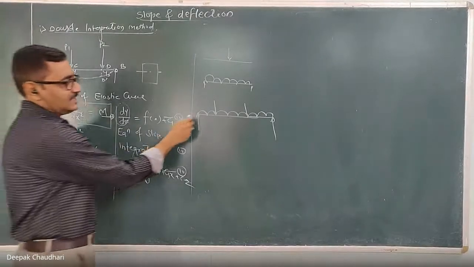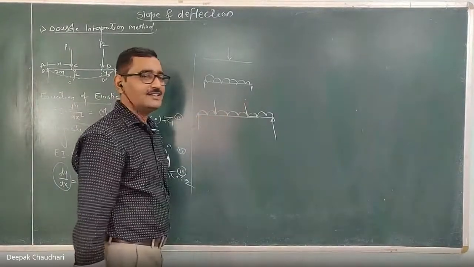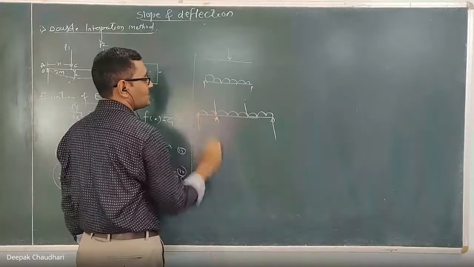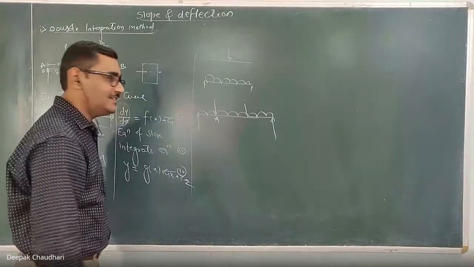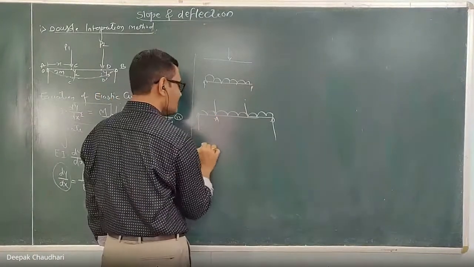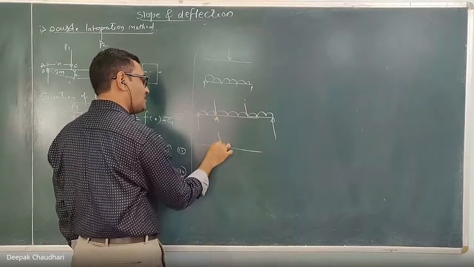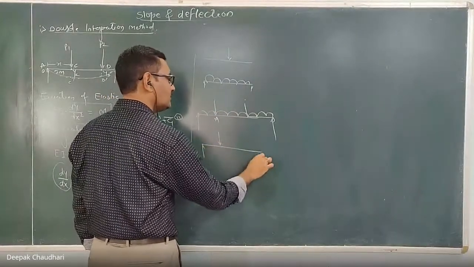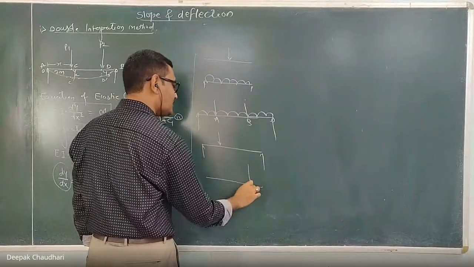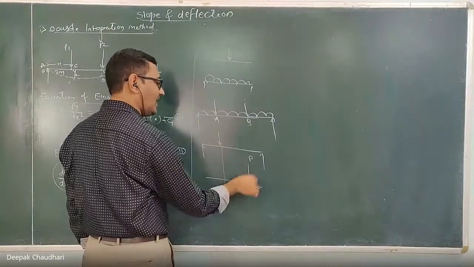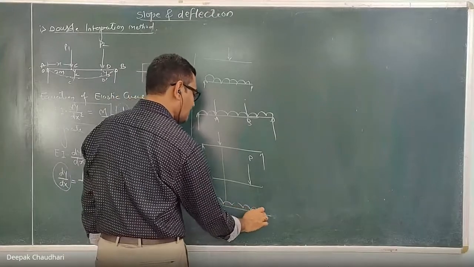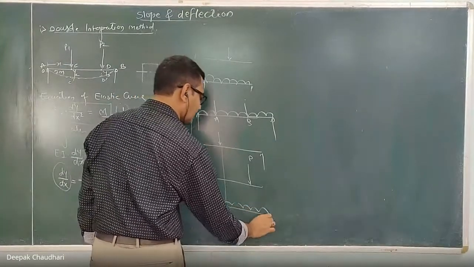In such cases, when two point loads and one UDL are there, if I want to calculate the slope or deflection at point A, then you have to do the same sum 3 times. You have to find the deflection at point A because of the point load at point A. Then you have to find the deflection at point A because of the point load at point B, and then the deflection at point A because of the UDL. Here 3 times you have to use this